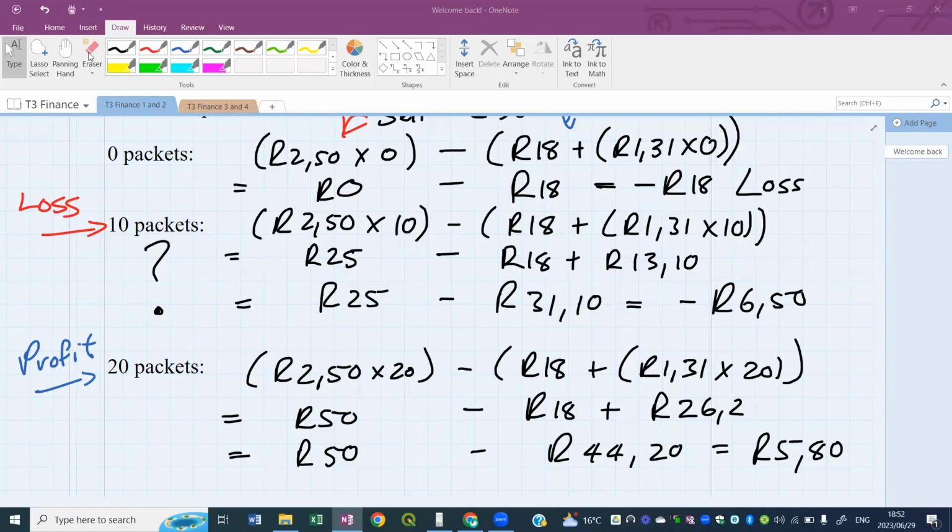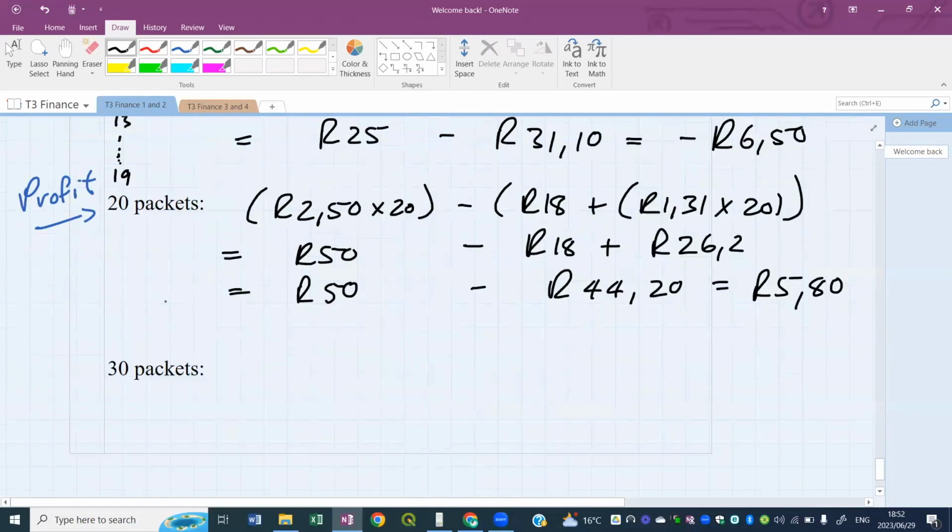Well, it's not easy to tell unless we do a lot of calculations, right? We'd have to do calculations for 11, 12, 13, all the way down to 19 and 20. We'd have to do all those calculations. Okay, if you want to, you can go work it out. You can do all those calculations and you'd find one of those numbers where you would start to make profit. All right, now,